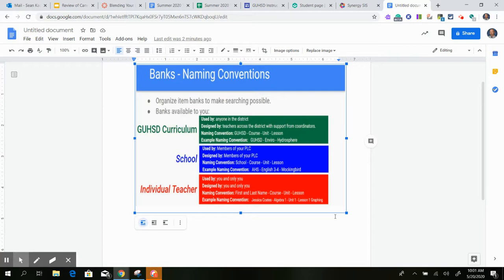Once again, when it's just you and you're the only one who's going to use it or see it, you can really name it whatever you want. It's suggested like that because you can upload them into your gradebook. When you upload it into a gradebook, and this is for individual assessments, not banks, whatever name you have on the assessment from Synergy Assessments will show up on your gradebook. These namings go for assessments as well as banks. So if you were to, for example, say